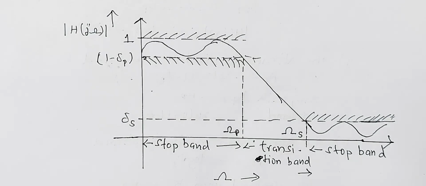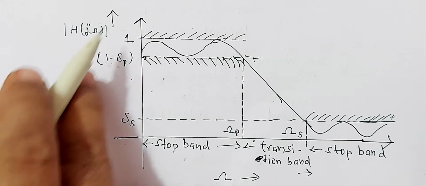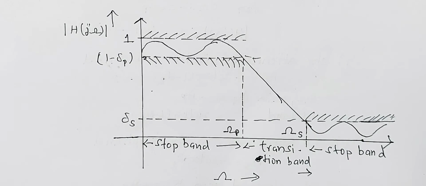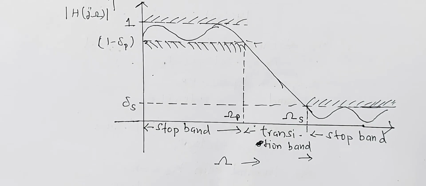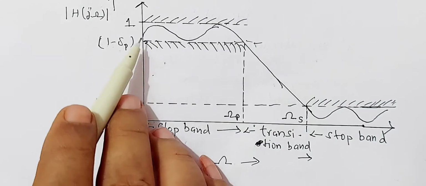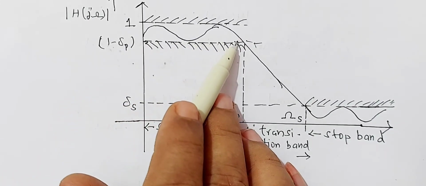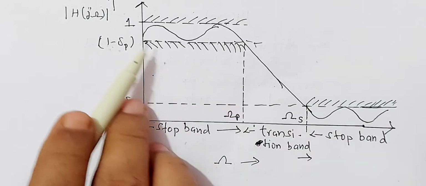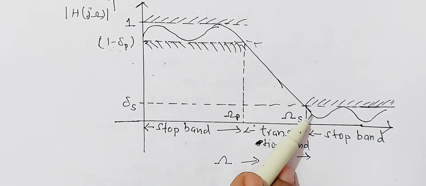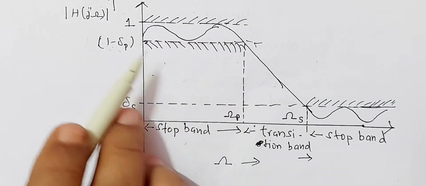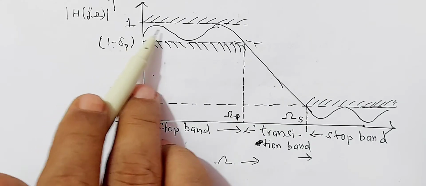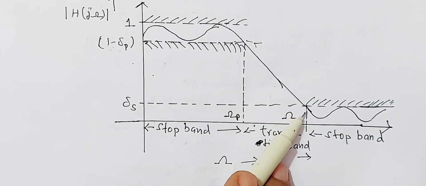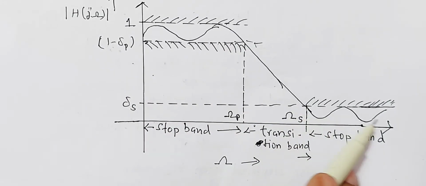There are different types of filters. We will discuss this later. So I have considered only the magnitude frequency response of the low pass filter. That means the output voltage is maximum, then it falls and becomes almost zero. Therefore, output voltage changes continuously. It remains constant up to a certain value. Above that value it decreases, and above another certain value it goes to zero.